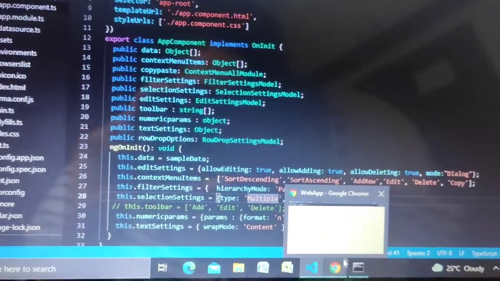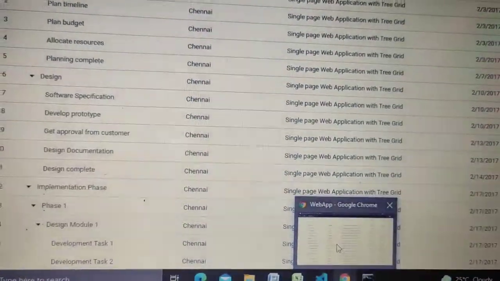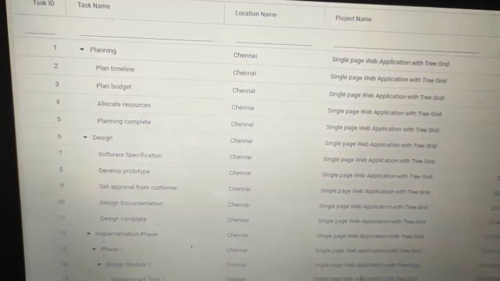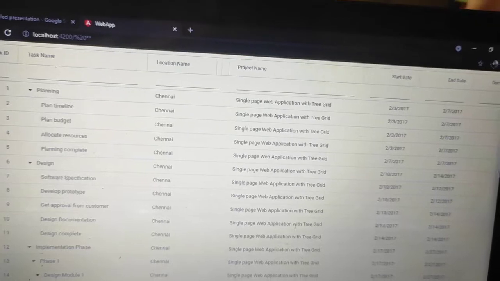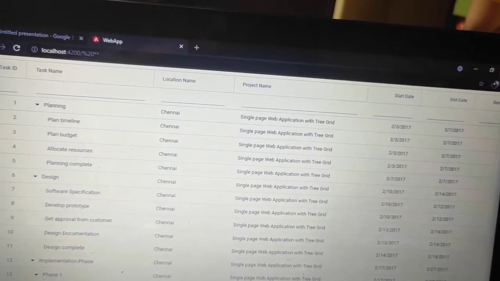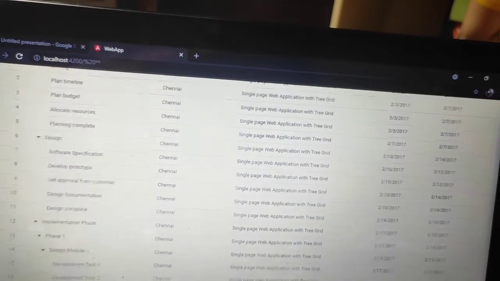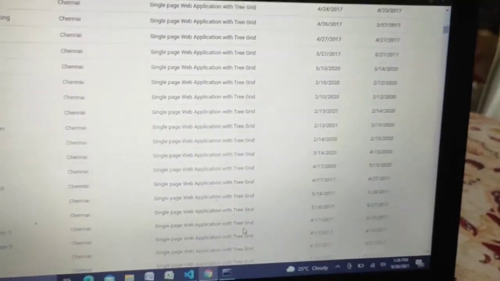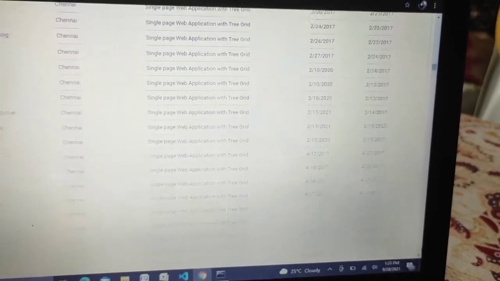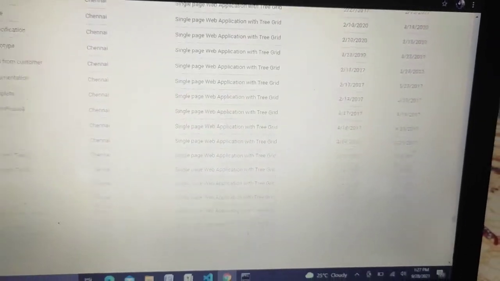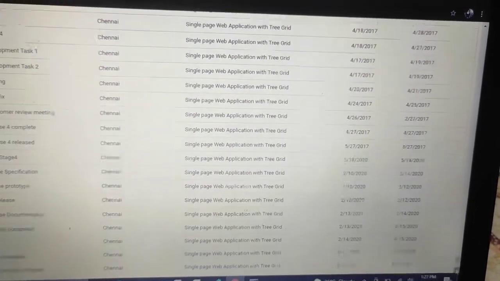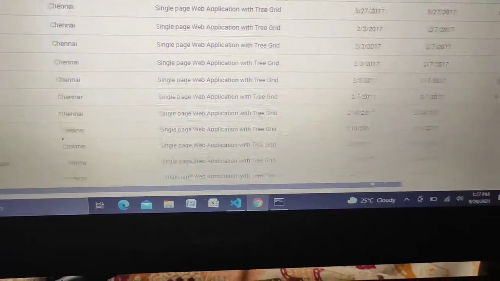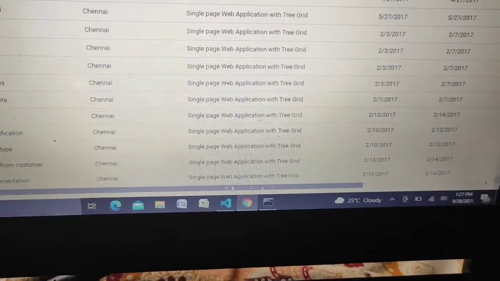Now let's check the output of this project. Here we have added the 1000 columns, and we have also given the default vertical and horizontal scroll bar.